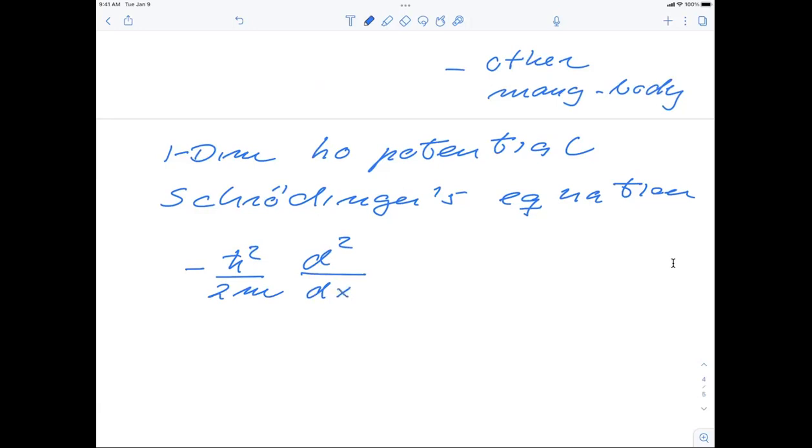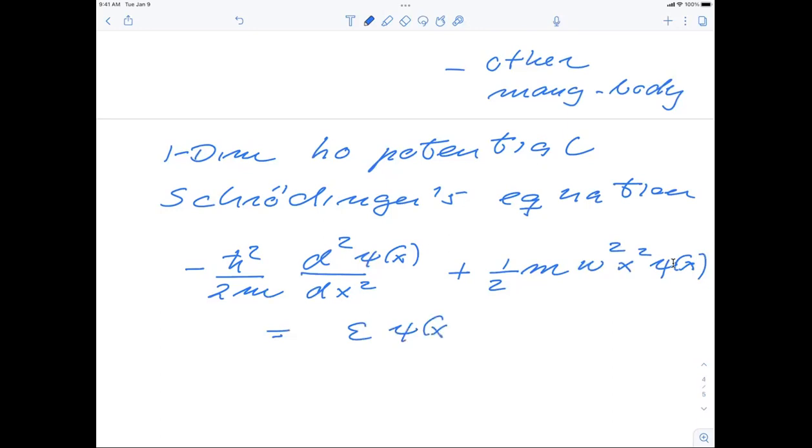So this is going to depend on x here. There's going to be a function psi of x, and then we have plus the harmonic oscillator potential, which is typically given by 1/2 times the mass of the particle, and it contains the harmonic oscillator frequency, and it contains x squared, and then we have a psi of x,